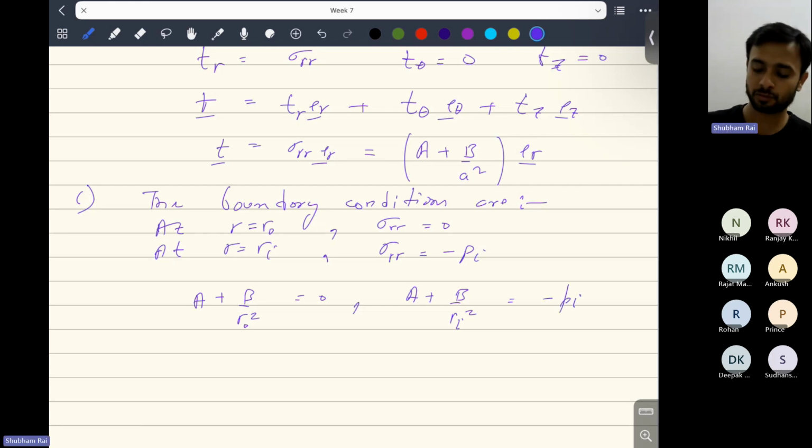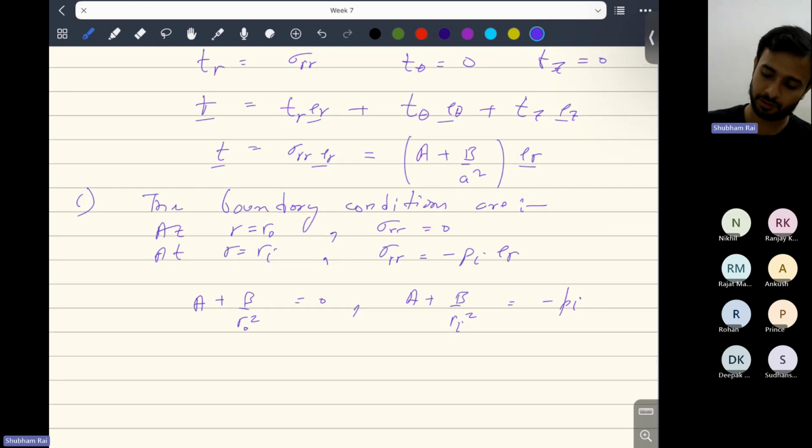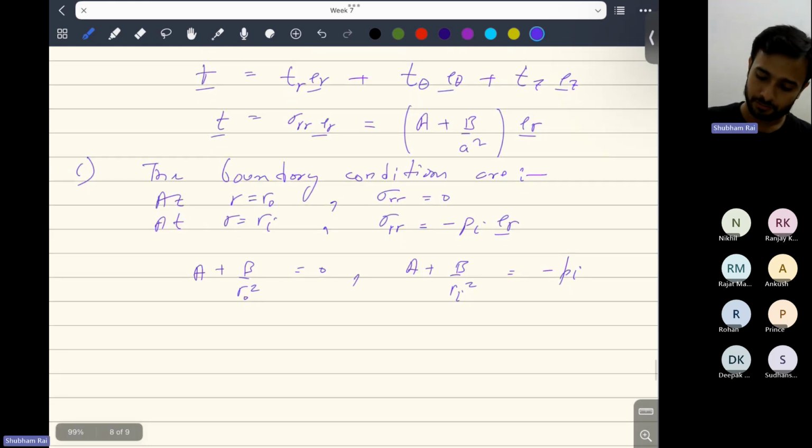The minus you would have understood because this will be minus of p into er. Actually, the minus is coming into er because er here is the inward normal vector. So that will be minus er. So writing like this one. Now if you try to solve this and find a,